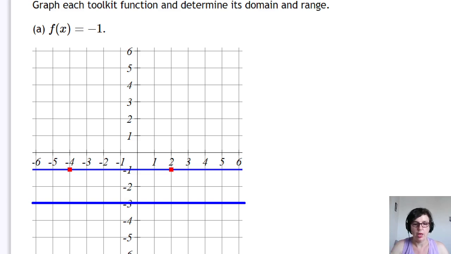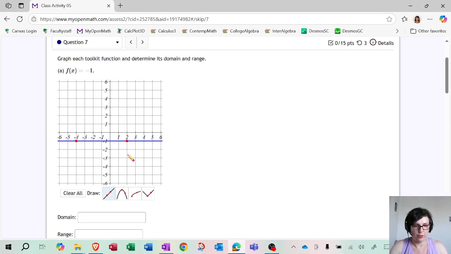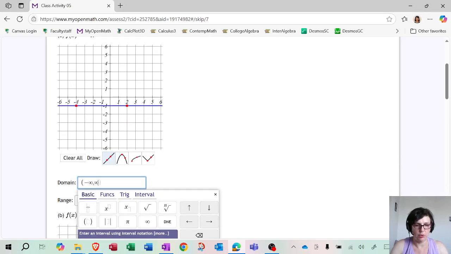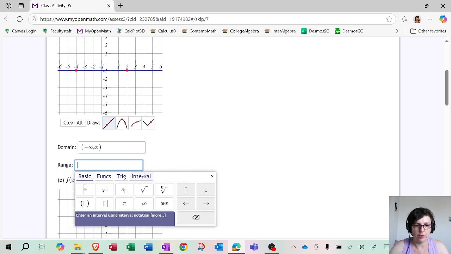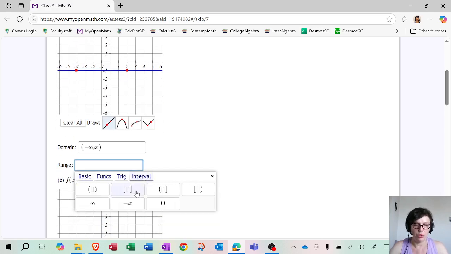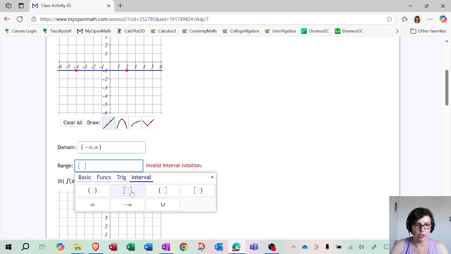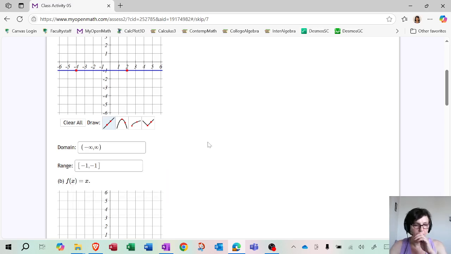Now the range is the vertical extent of the graph. So here we're going to have not much, because really it just stays at -1 and that's it. So the range looks like it's just one value, -1. Okay. So again, for the domain, we're going to say that's -infinity to infinity. For the range, it's just -1. So how do we express that in interval notation? So if you go to interval, this is just going to be just one y value, which is -1. So it's going to go from -1 to -1. It's just 1 point.